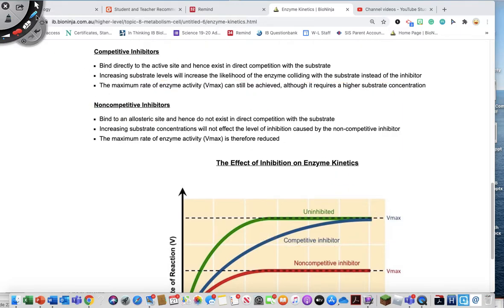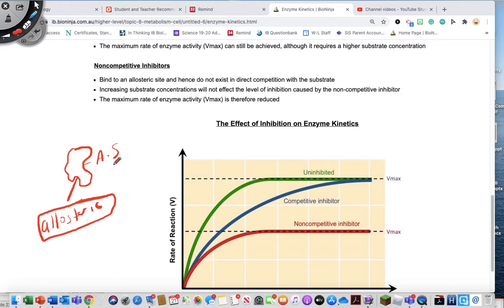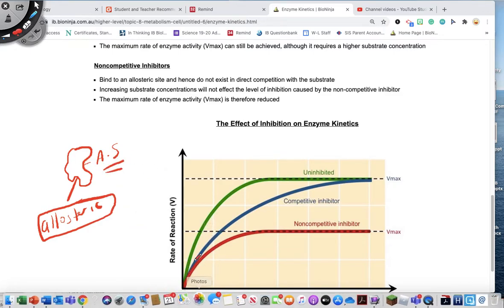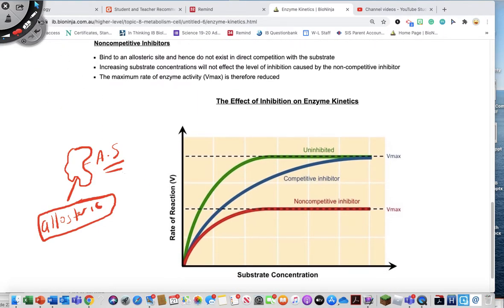Now, how do non-competitive inhibitors work? With a non-competitive inhibitor, remember what's happening here. I'm going to draw an enzyme here, and if this is the active site and this is the allosteric site, remember that a non-competitive inhibitor is going to bind to the allosteric site and therefore change the active site of the enzyme. So even if you keep adding more substrate,